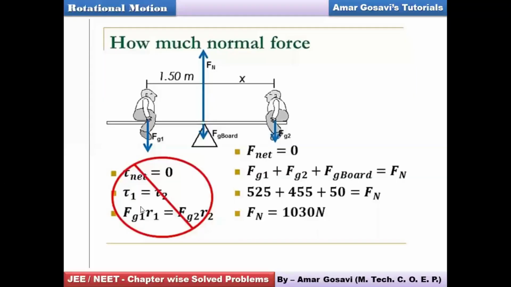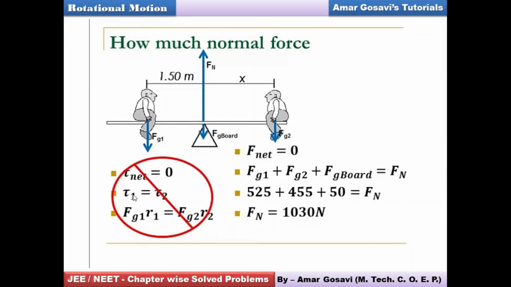Okay, so what we will do for solving this? Now whatever we have crossed, we will use that. Tau net should be 0. That means whatever torque is exerted by this person at the center should be equal to torque exerted by this person at the center. So this torque is in anti-clockwise sense, so it will be positive. This torque or moment of force is in clockwise sense, negative. So ultimately tau 1 should be equal to tau 2. Together, if you add them, this minus this should be 0. So one is positive and one is negative, you can see. Therefore, we get this equation tau 1 equal to tau 2.